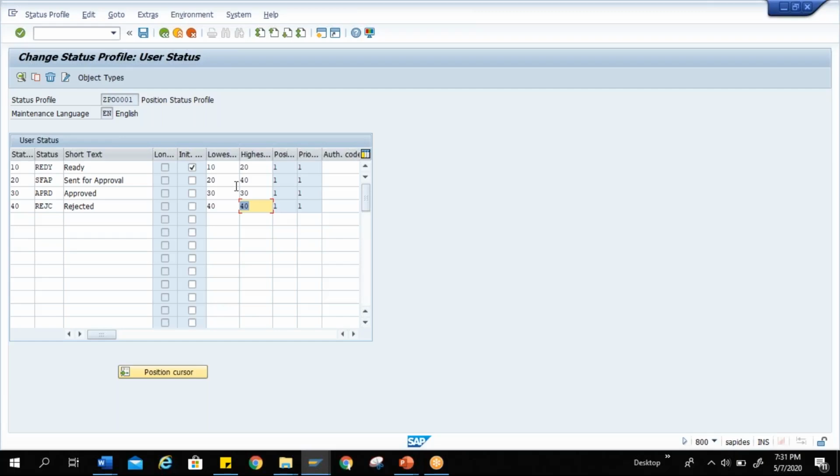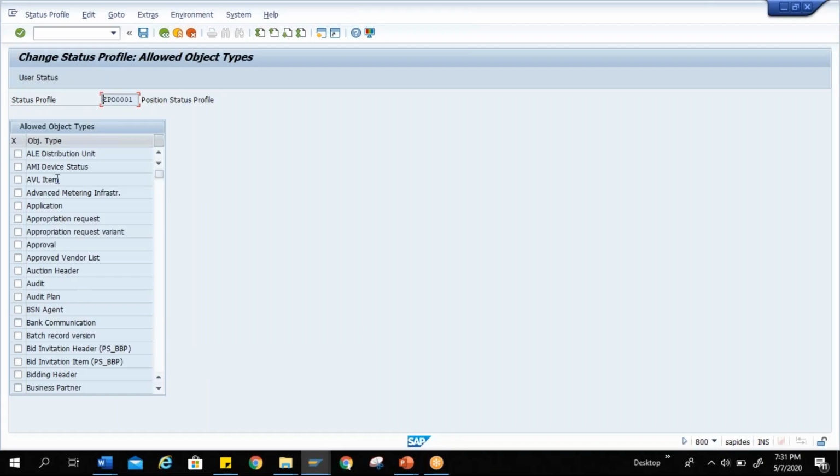Meaning for WBS, for internal order, for network order, for maintenance order, for positions, appropriation request, the way of creating the status profile is the same. Only you need to assign it to a particular object type, so that system will understand and will keep this profile available on that object. So go here, object type, and you need to come here,